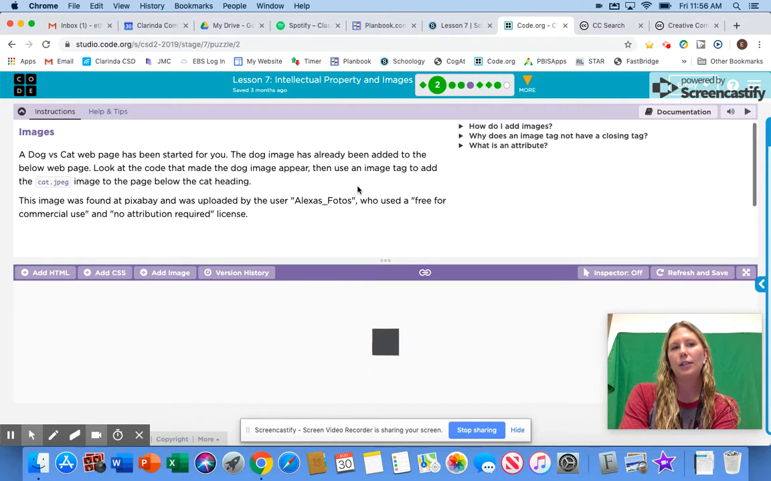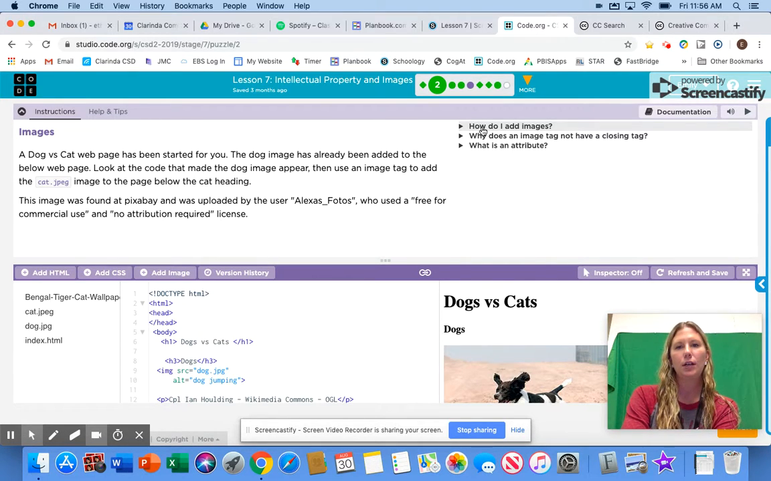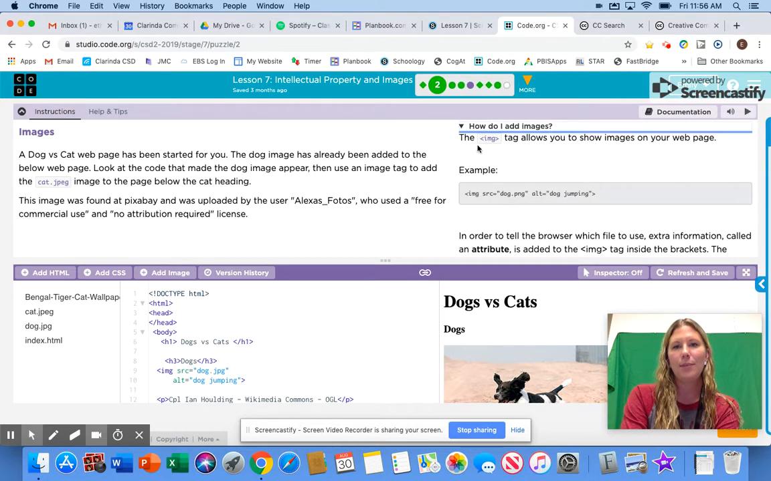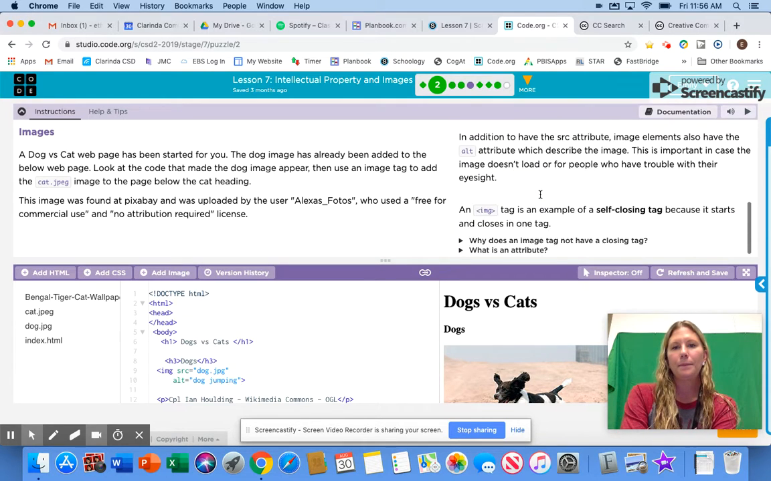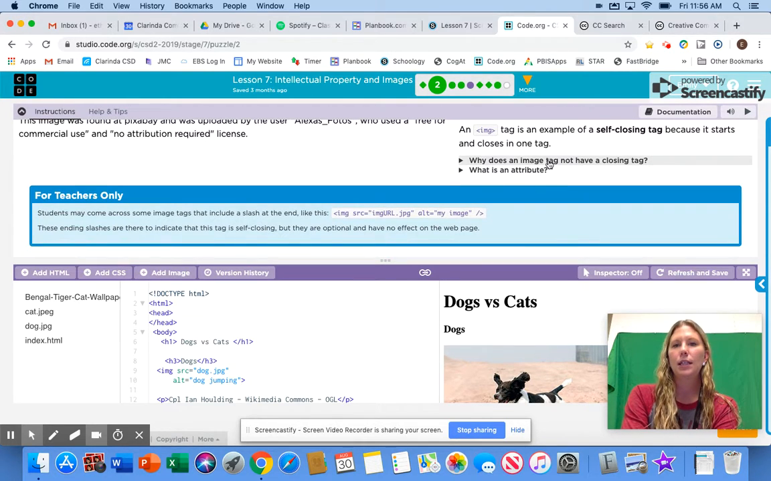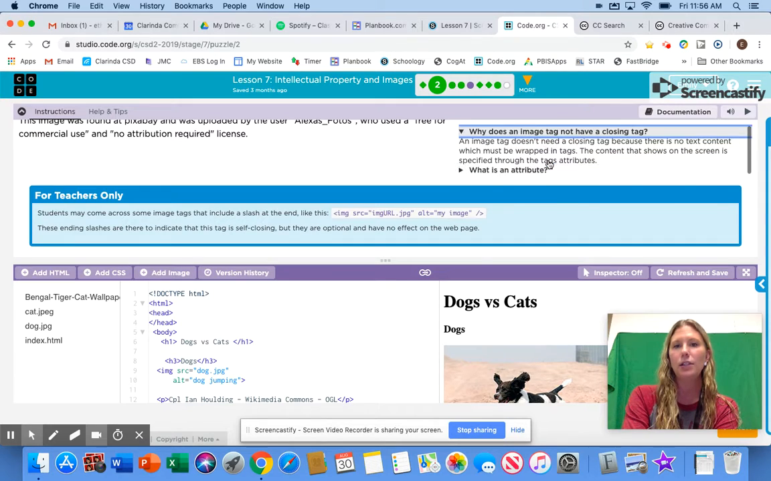This one is going to ask you to add a cat picture. You're going to have to figure out how to add those. If you have questions, remember, these are the helpful buttons in the corner. How do I add an image? We'll tell you exactly what it should look like. If you go to what is an image tag, does it have a closing tag, it'll tell you, and what is